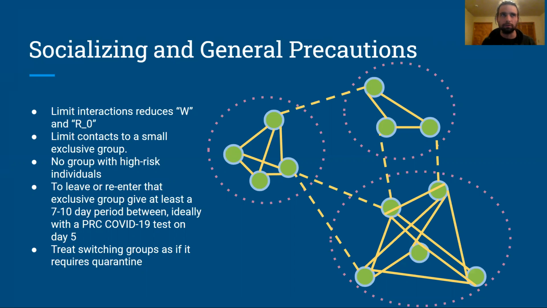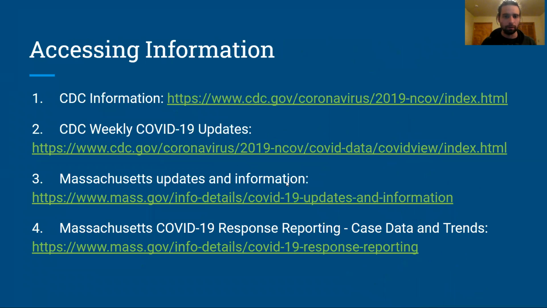And specific nuances in the way, if you're forming a pod or a social group, that's your support and the few people interacting with directly, whether it be family members or a friend or two, how you can do that as safely as possible and what the trade-offs and risks and benefits are. And I talk about the mathematics on a very cursory level. But certainly, that's something I talk about in my first video in more detail. And then as well as how to access more information, where you can access information from experts, from the government,